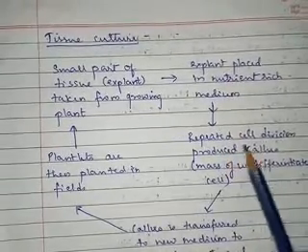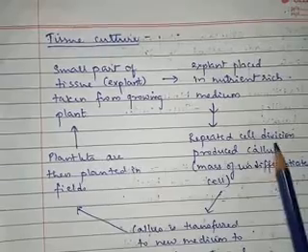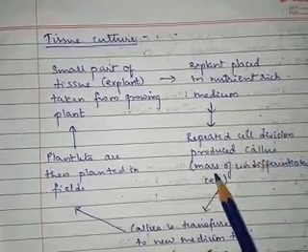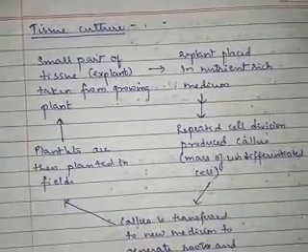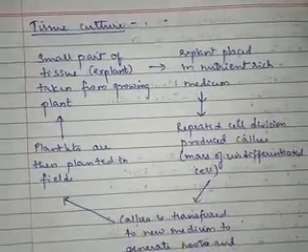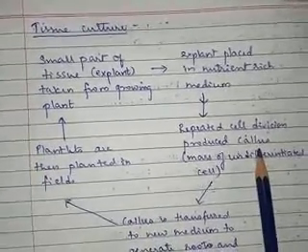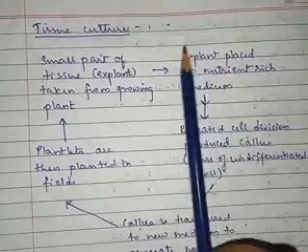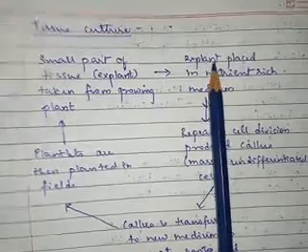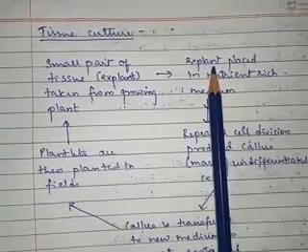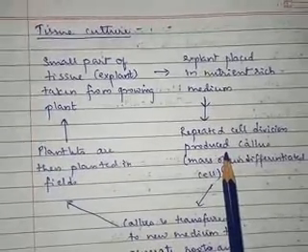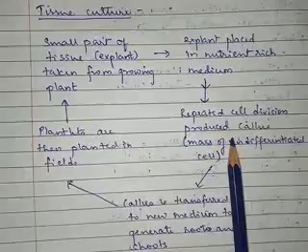In the explant cell division starts and you get the production of callus. What is callus? Callus is a mass of undifferentiated cells. So a group of cells all of the same type is called callus, right? So when you place a small piece of leaf in the nutrient medium, cell division takes place in that piece of leaf and you get callus formation, a group of cells. All the cells are of the same type.